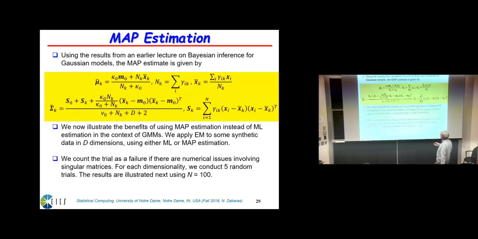So when you do this, everything that you have seen for the Gaussian mixture can actually be extended in a trivial manner to a regularized estimate, a MAP estimate, that includes priors on the parameters. And you notice